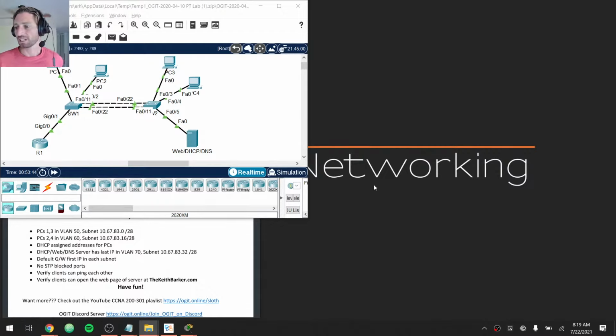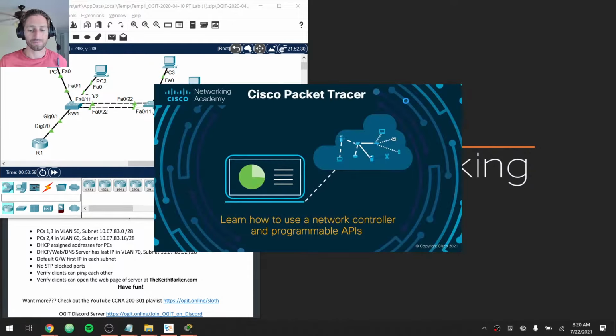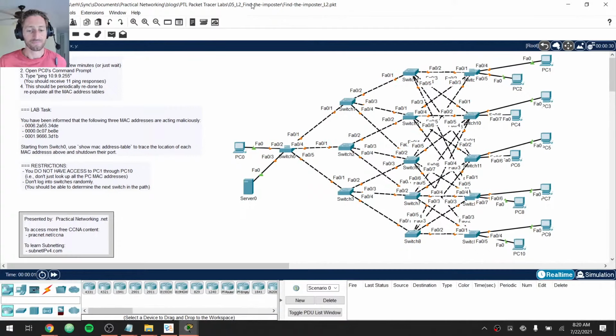All right, so I'm not seeing any questions in chat, so let me show you guys what's happening next week. So this is the 4th installment in this particular series. The 5th installment is actually a lab that I designed myself. In this installment, I'm going to open up Packet Tracer right now. Here's the lab that you're going to have. Now this looks like a complete jumbled mess, and to some degree it is, and it's meant to be. But this is meant to replicate what you would have in a real